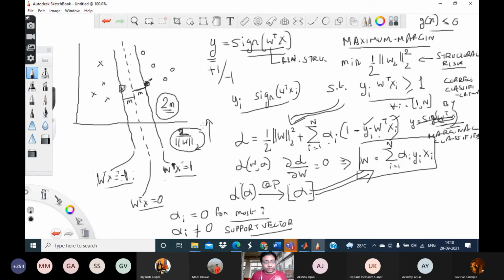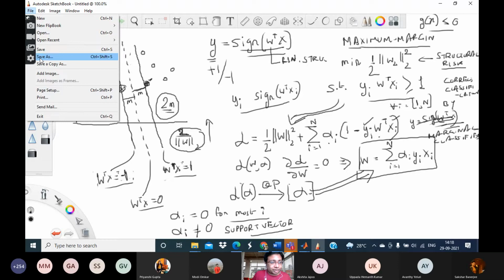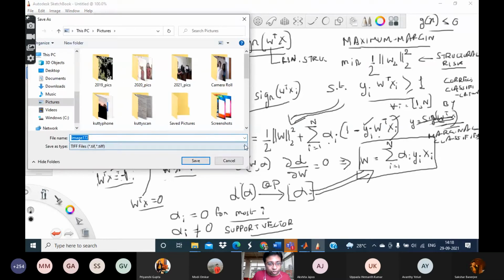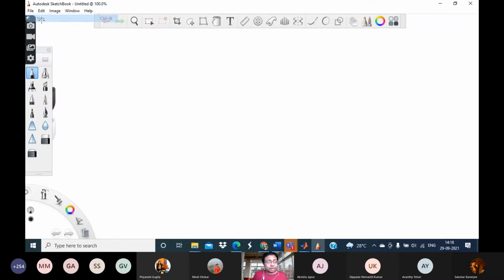Okay. Now, let us consider a more realistic scenario where the dataset we are dealing with has a small number of outliers. What do we mean by outliers? Once again, let's consider the same binary dataset like this. But there is a cross here and there is a circle here. Let's say there is another circle here also. So as you can now understand, this data set is almost linearly separable.